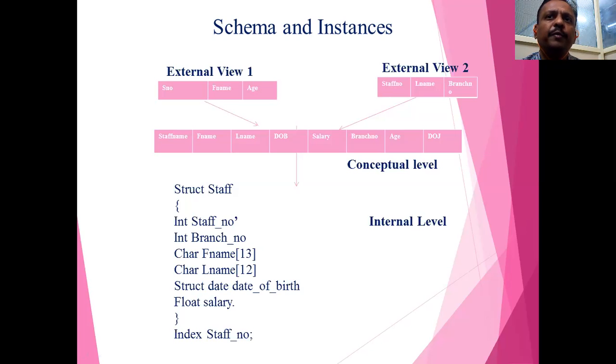You have to chop it up into different parts. View number 1 contains student number, first name, age. View number 2 contains staff number, last name, branch. So you have to chop up that particular schema into different parts. That is called the view level. This is a very good example of those levels.